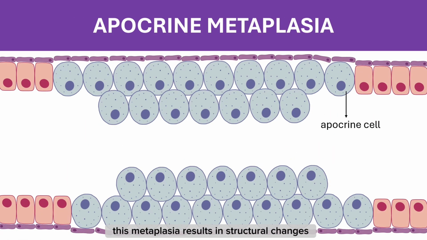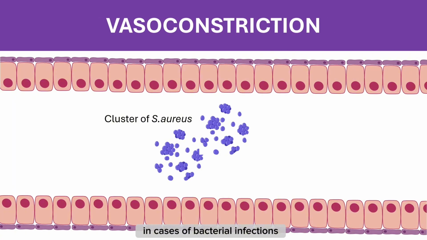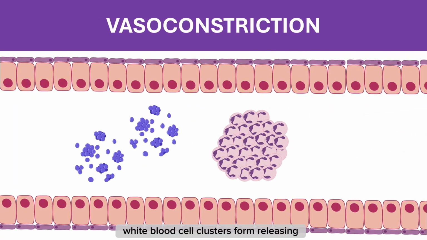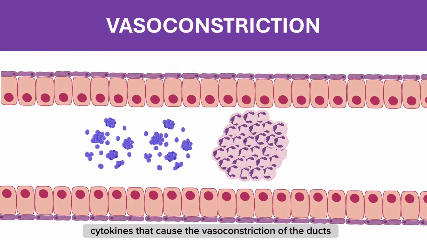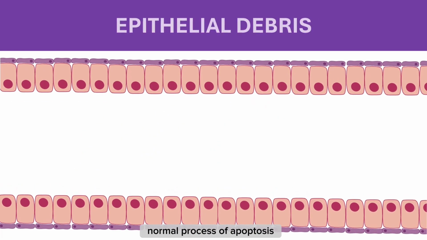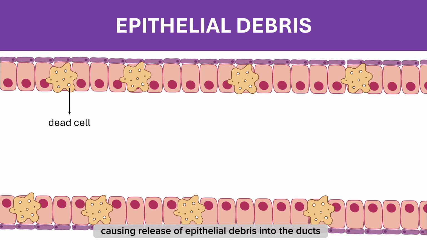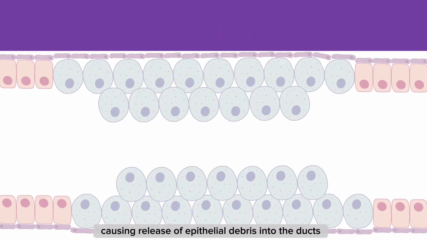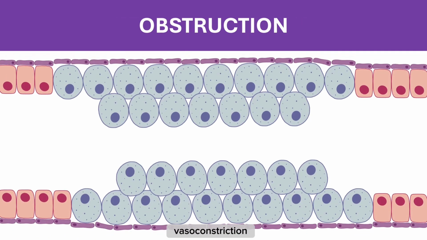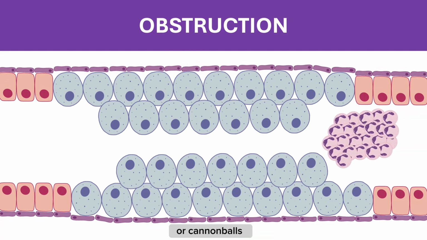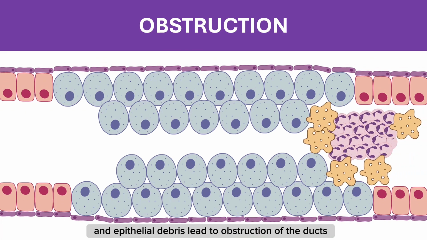This metaplasia results in structural changes, including duct narrowing, characterized by altered cellular structures, with apocrine cells possessing abundant cytoplasm than normal ductal cells. In cases of bacterial infections, white blood cell clusters form, releasing cytokines that cause the vasoconstriction of the ducts. The normal process of apoptosis causes release of epithelial debris into the ducts. The combined effects of ductal narrowing, vasoconstriction, white blood cell clusters or cannonballs, and epithelial debris lead to obstruction of